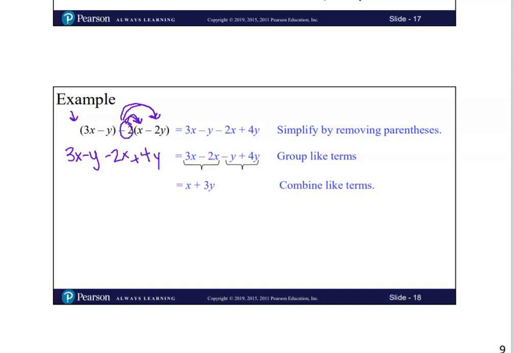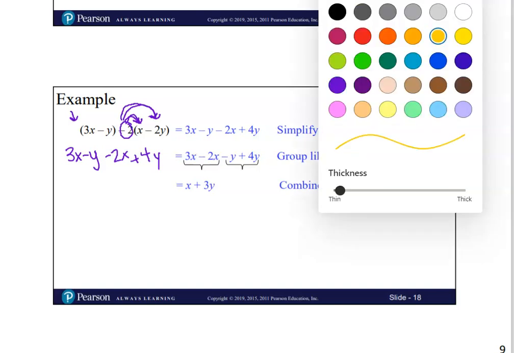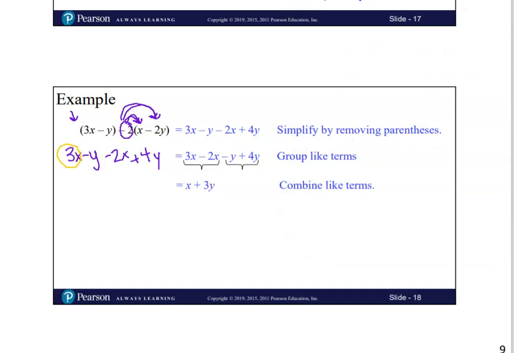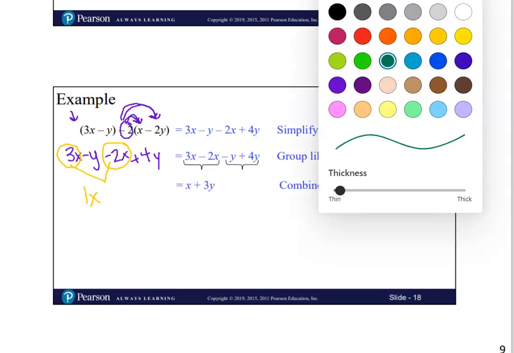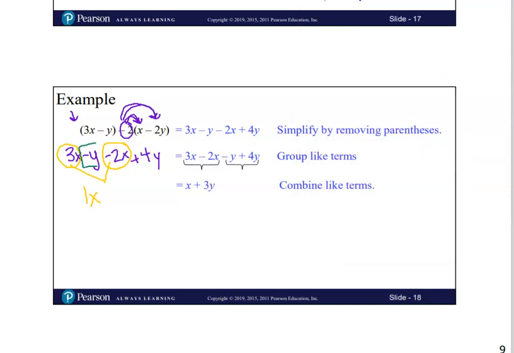Okay, now the last step that we talked about at the beginning of the lesson would be to combine any terms that are alike. So I'm looking at this and I'm going to put circles on my x's. So I see a 3x, and you always put the sign with it that goes with it, and I've got a minus 2x. Those are like terms because they're both x's raised to the first power. So I can put those two together. 3 take away 2 is going to be 1x. Okay, and then I'm going to put boxes around my y's, but I've got a minus y and I've got a